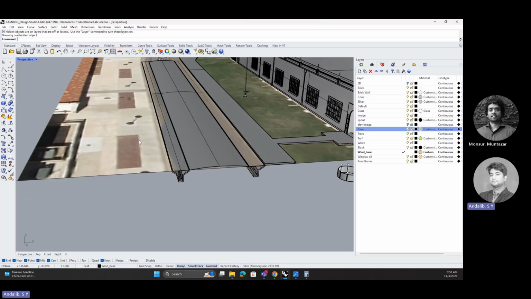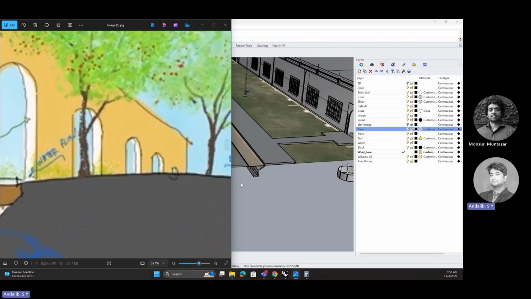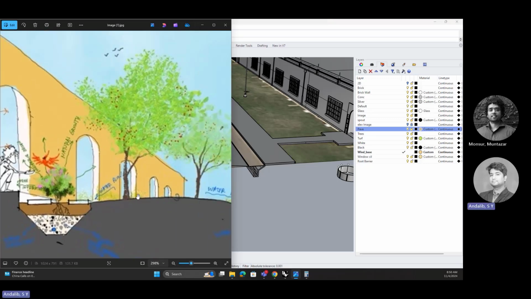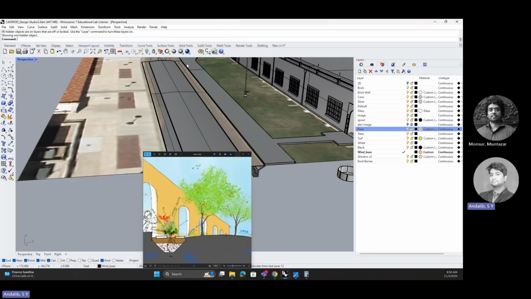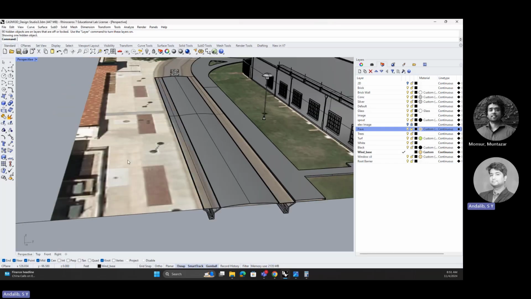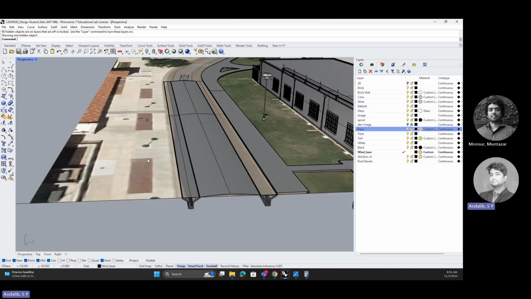Okay. So now let's look back at the sketch and let's see what's going on. Let's create another planter on this pave, maybe over here, because this is way too wide and it doesn't have any shading. To make anywhere in Lubbock accessible, I feel that we should create natural shading, because the heat is intense and you cannot enjoy nature without the shades. So it's essential that you create shades